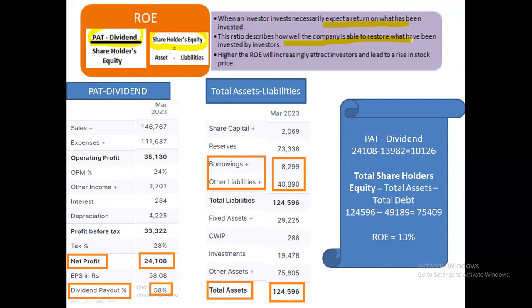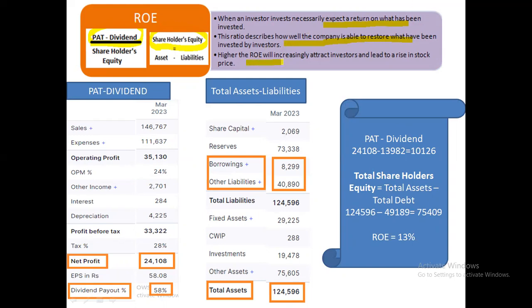Say if an investor is paying 100 rupees, whether it is being invested in the right way or the wrong way, or whether they are investing intelligently or wrongly, every piece of information will be provided in ROE. So with EPS you will not get much insight, whereas with ROE you will get detailed insight into this investment. That's why investors are more interested in understanding ROE than EPS. Though EPS is growing and it is a good company, if ROE is growing, that's a much better company.